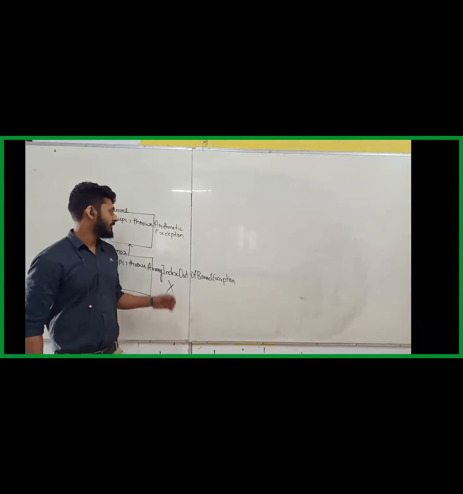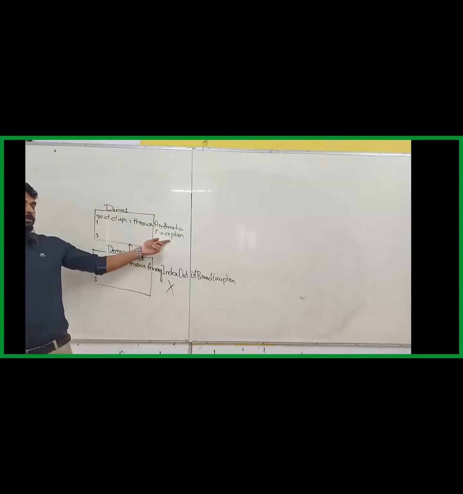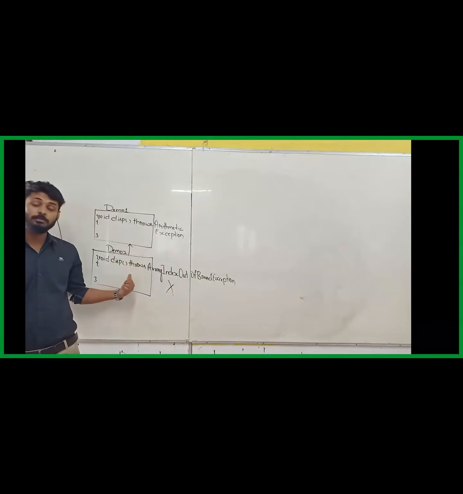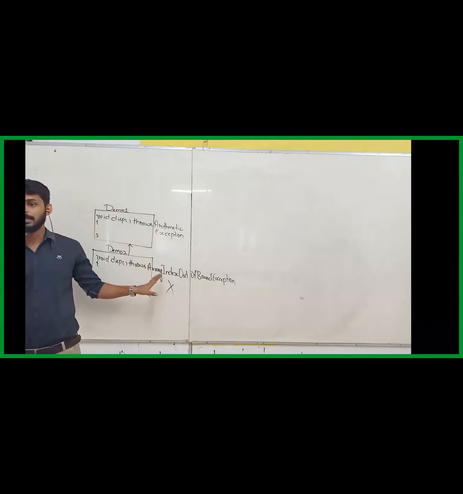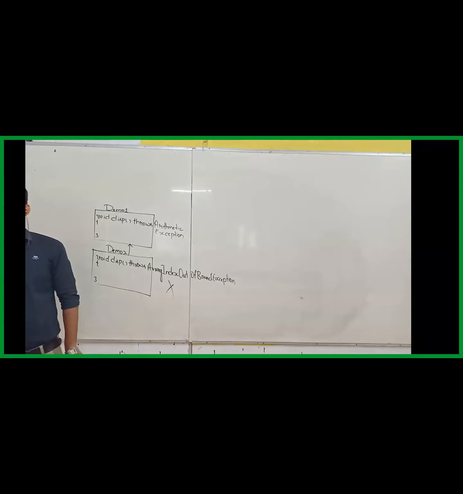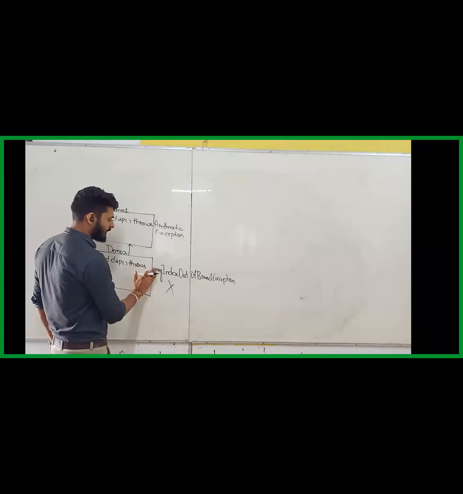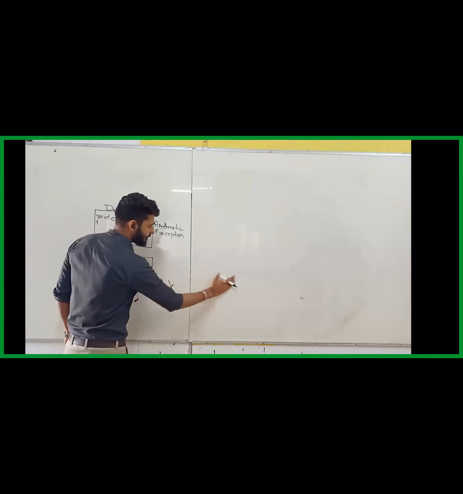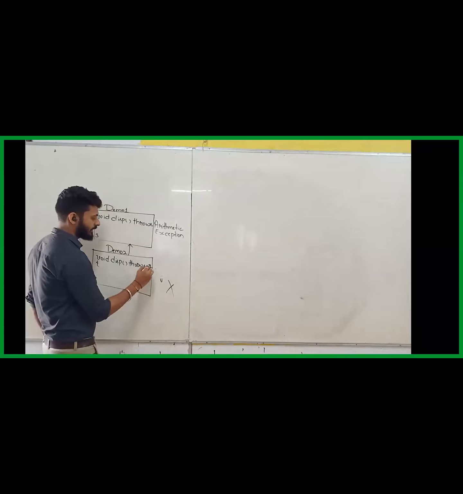If there is a method in parent class which is throwing one type of exception, and if that overridden method in child class is throwing another type of exception, is it permitted? No, it is not permitted. That is your second rule. Getting my point? When it is permitted, that is your third rule. It is permitted. When it is permitted? It is permitted if at all. If there is. Here I will directly say